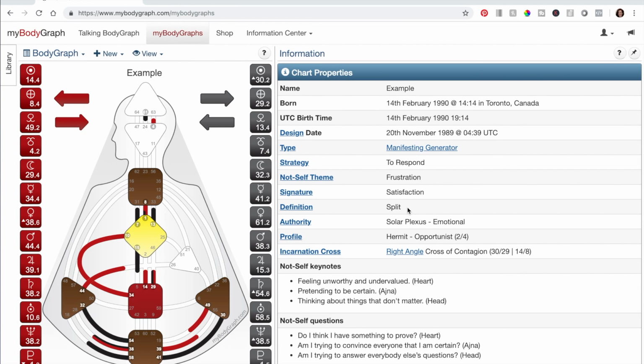And the next thing you're probably noticing are these lines, and these lines are called channels. You'll notice that some of the lines are fully colored in, some of them are half colored in, and some of them are totally white. You'll also notice that there's red, there's black, and there's some that are both. Here's what that means. The lines that connect all the way through are active channels, and the ones that are half, they're called hanging gates, and then the ones that are fully white, they are open.